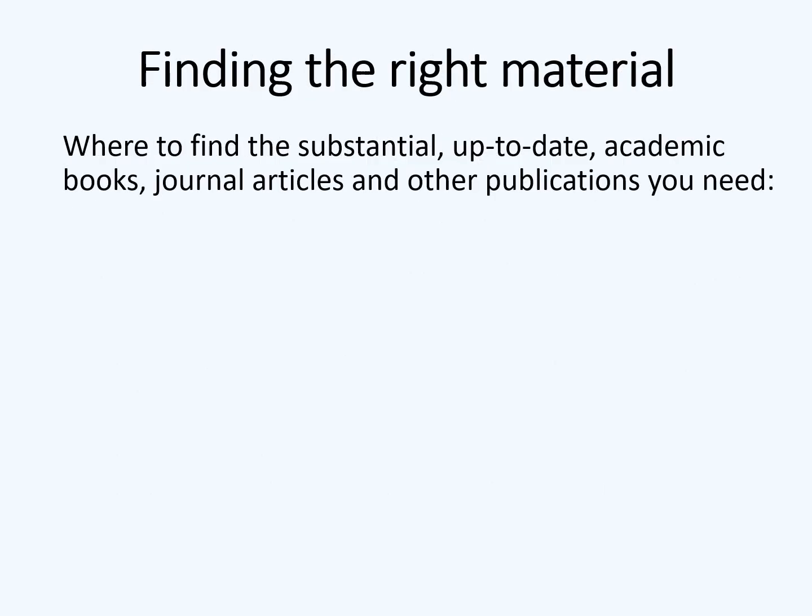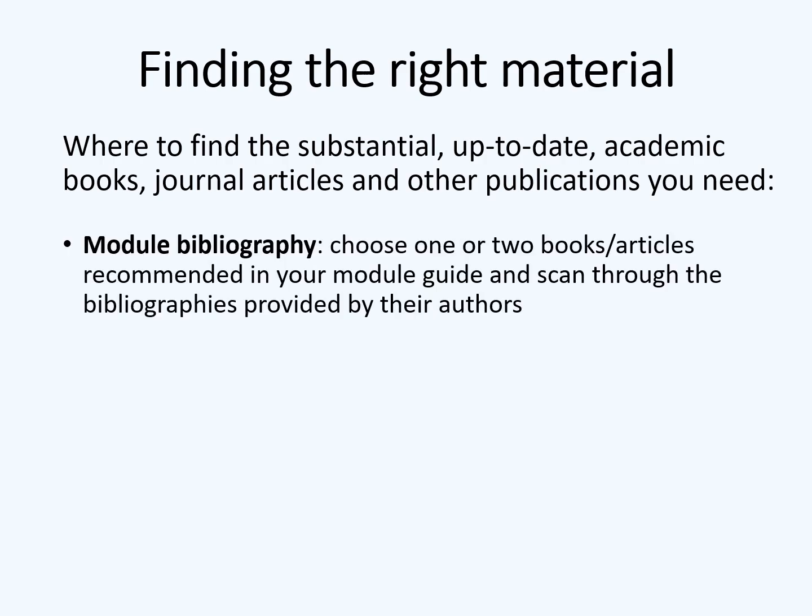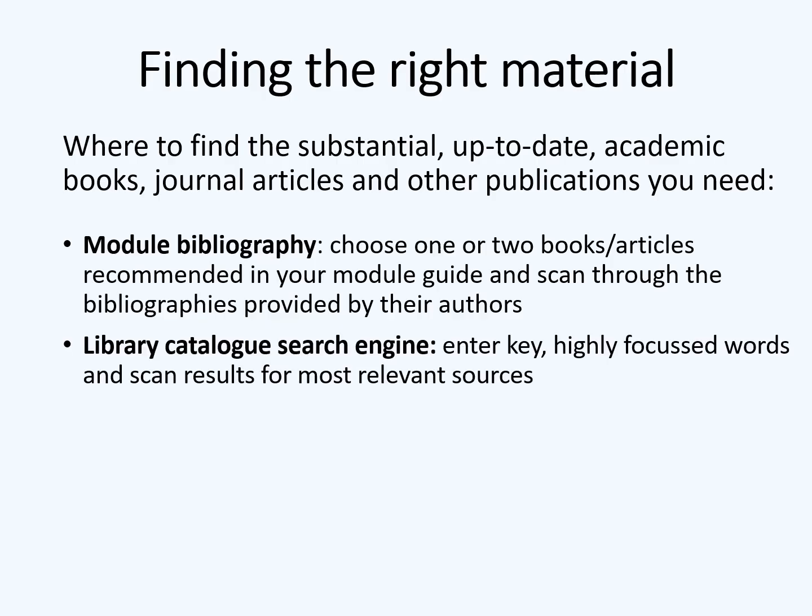Now you know what you're looking for, the task is to find the substantial, up-to-date academic books, journals, articles and other publications you need. There are several avenues open to you. You can choose one or two books or articles recommended in your module guide and scan through the bibliographies provided by their authors. You can enter key, highly focused words into Kent's library catalogue search engine and scan results for